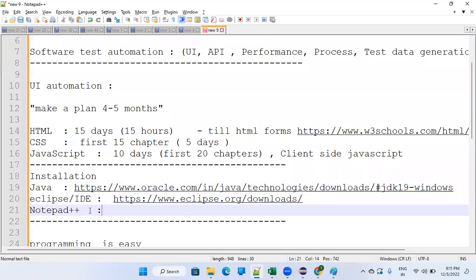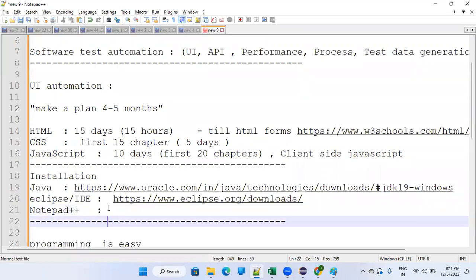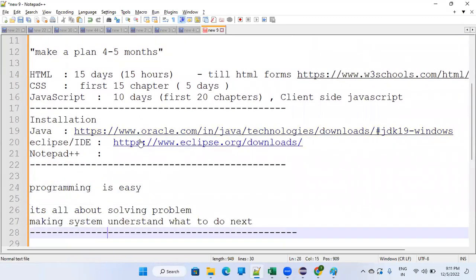And Notepad, I have just written it so that you will keep a good practice of noting down something. So this is optional. You may have it, or you can skip it, but Notepad plus plus is an advanced version of Notepad. Fine. These are required. But once you do Eclipse, it will ask you which flavor of Eclipse you need,